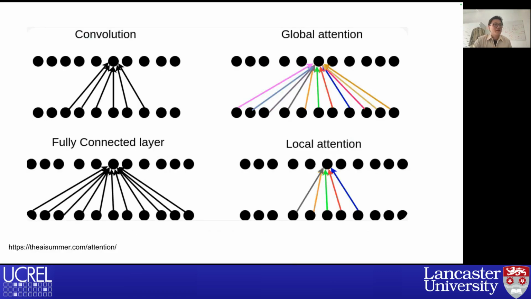So the transformer's difference is the attention part. In the history of machine learning, there's convolution, right? There is a fully connected layer, the local attention, and the transformer introduced global attention. For global attention, you can see the colors here are very different, right? Because you can assign different weights. Here the color is the same because the weights are the same. So in the transformer, you can give specific words or phrases higher attention if they are important to process your data for translation or whatever application purpose.